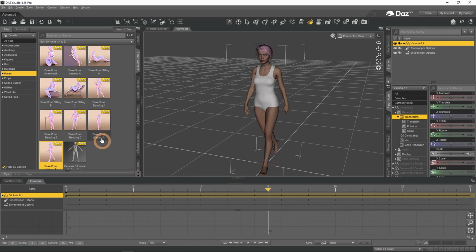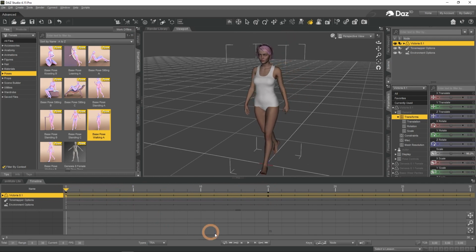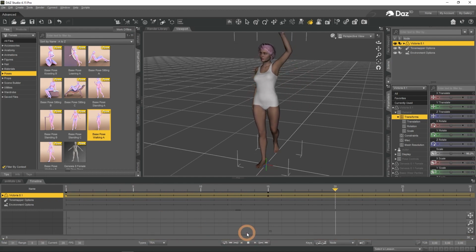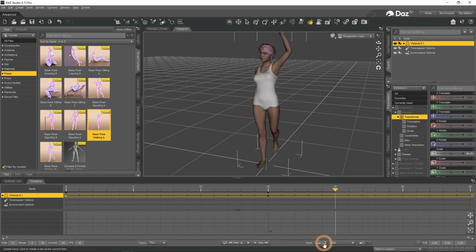Apply another pose, I will use walking A. You can see a black triangle appearing on the timeline beneath the playhead. This is a keyframe that contains information about the walking A pose and was created automatically. Frame 0 also has a keyframe that has the walking B pose in it. When I move the playhead, the character moves too. And pressing play creates an animation of the character changing from one pose into another. Remember that you can add and delete keyframes if you need to do it manually.